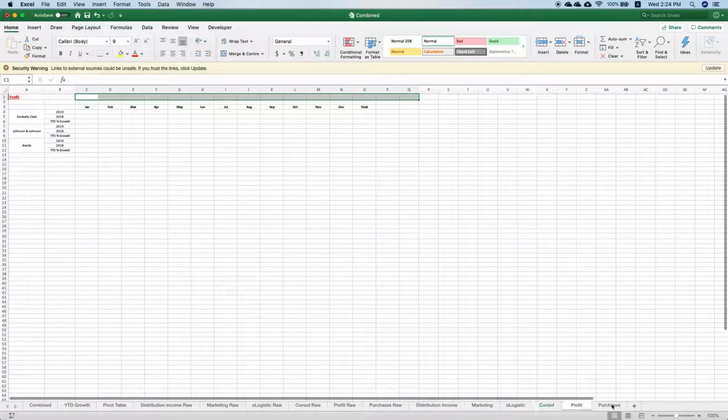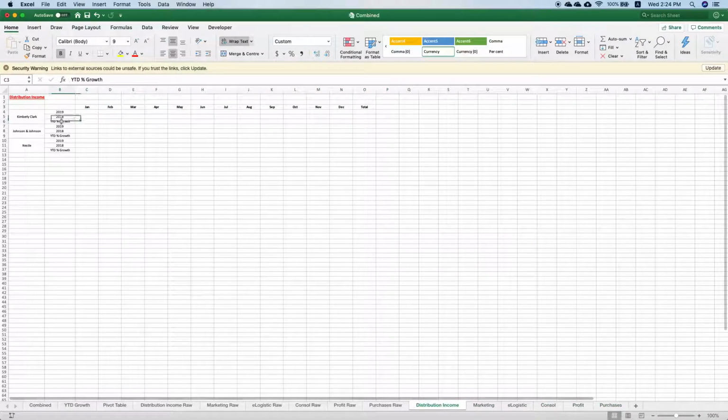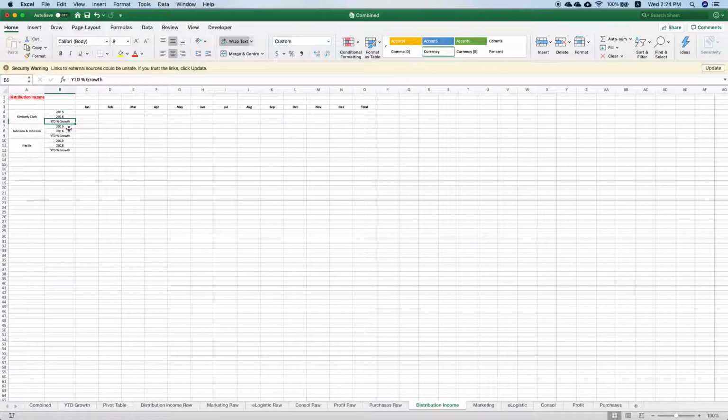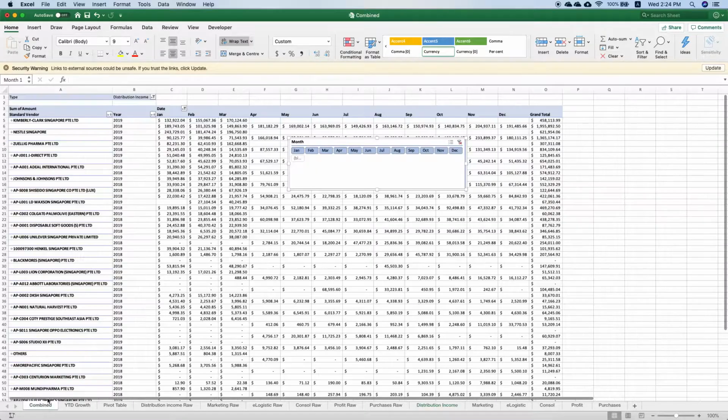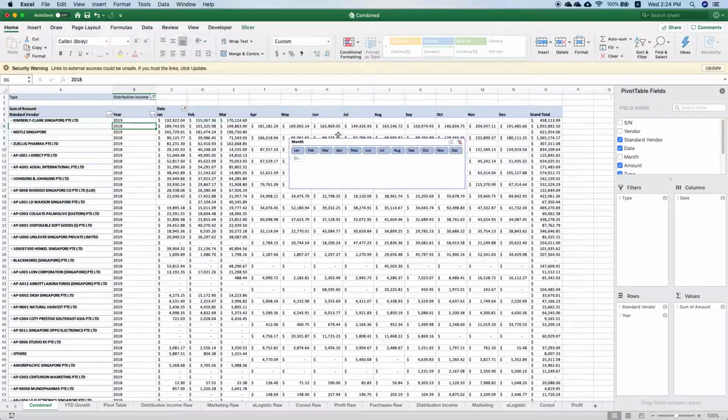I have done it, except the last part, which is the year to date growth. I cannot do this on a pivot table and make it automatic. That is very unfortunate. If you really want me, or your staff, or yourself to do this, you have to do it manually. And honestly, I think please reconsider, because over here I have already done up